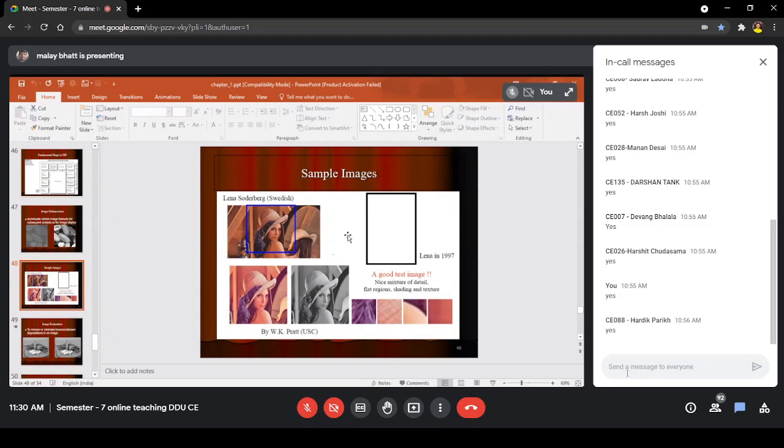You can find this story on the net as well. So he scanned that picture, explained the various concepts using that picture, and extracted the features and all that. Because of that, this image is a widely popular image in any image processing book.